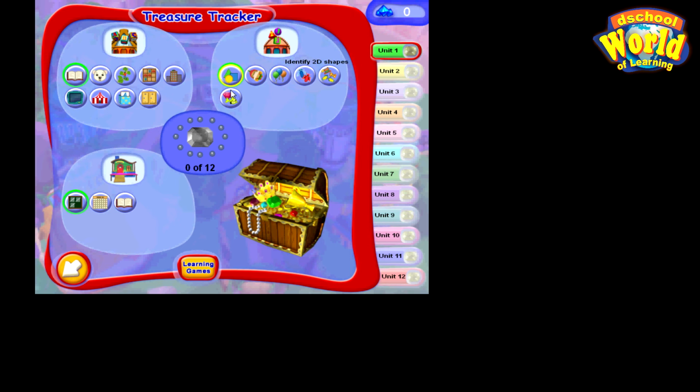So you start where the highlight is green. That's where the program recommends you to start from. Those are the first activity or the first game you have to start with. So we are in a math arcade. We start with this one.